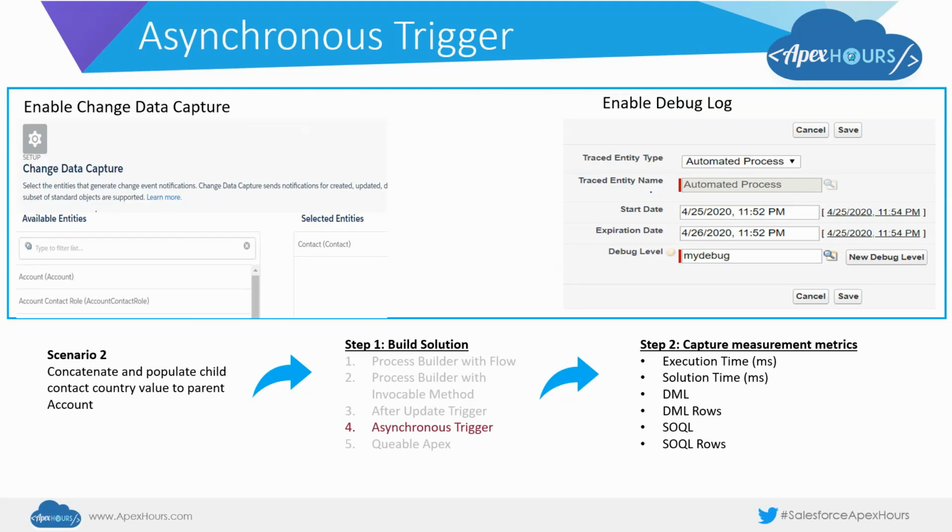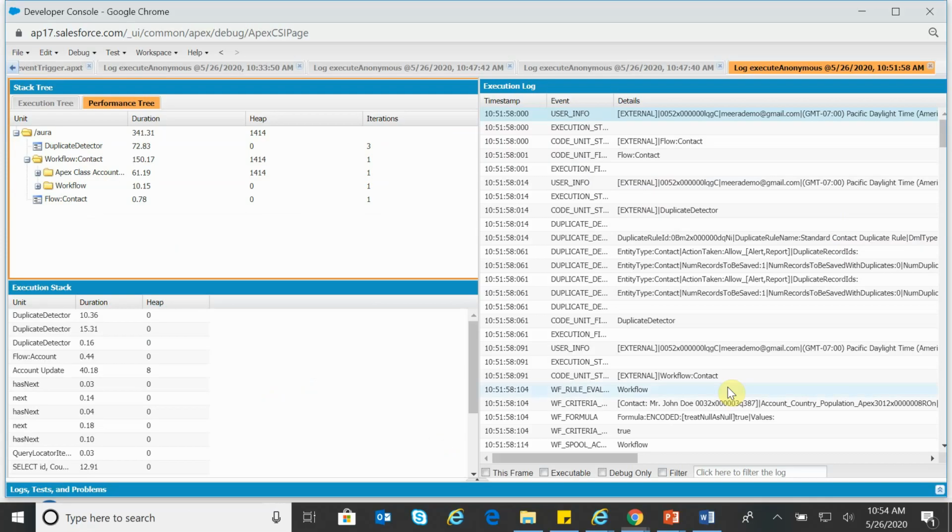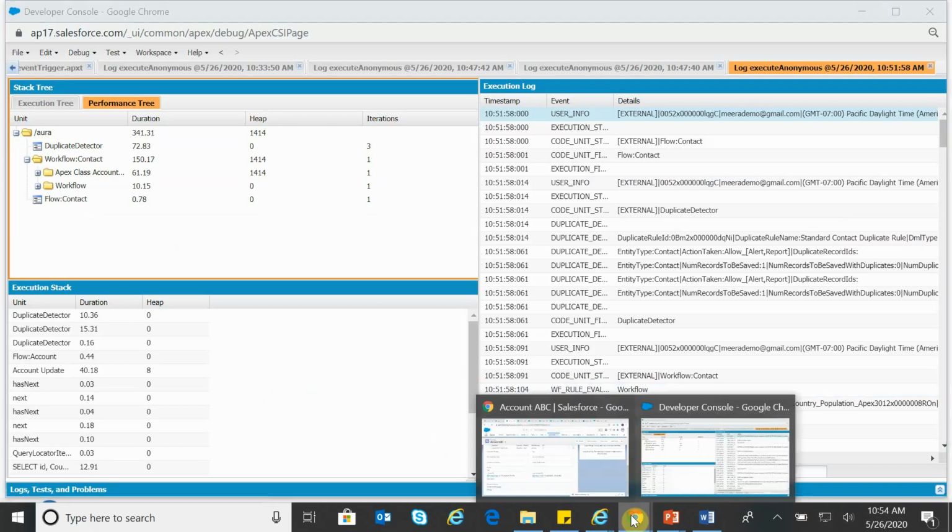Now, asynchronous trigger. Let us spend some time here. So, what is asynchronous trigger? It's a new feature from Salesforce, and to enable asynchronous trigger operation on a particular object, what you need to do is enable change data capture. Let us go back and see how to enable change data capture.